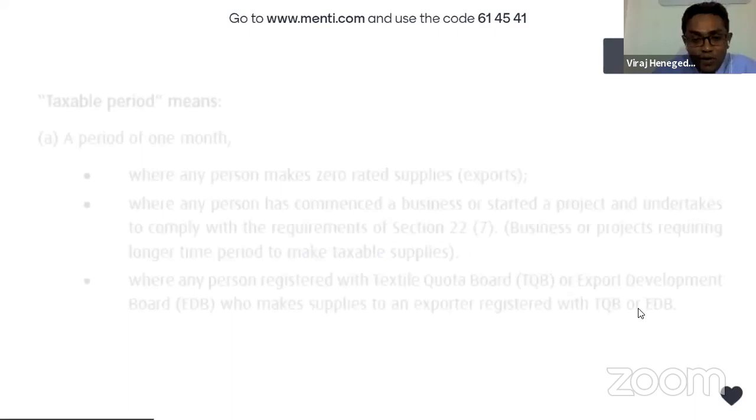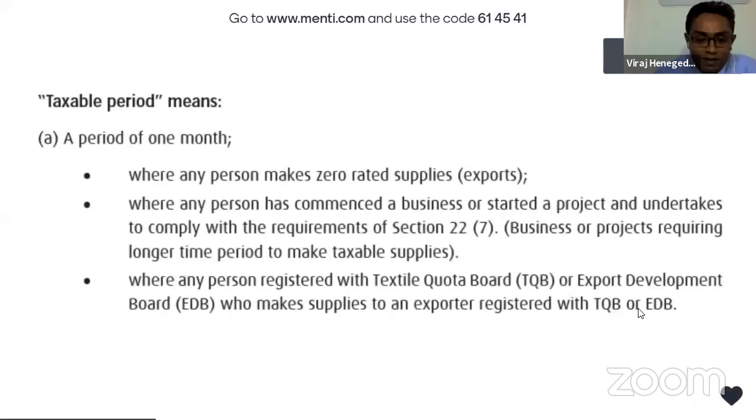What is meant by taxable period? Now, this is also very simple. Taxable period, just try to remember. If you're having a short note, just put it down, divided into two. You have only two periods. One is 1 month, and the other one is quarterly. So 1 month is applicable basically for the zero rated supplies, and any person who commits to business or projects undertaken